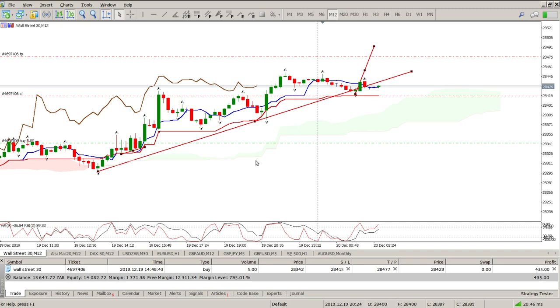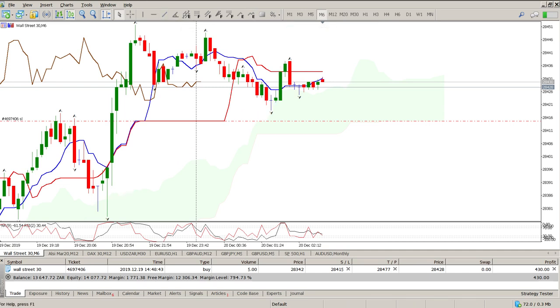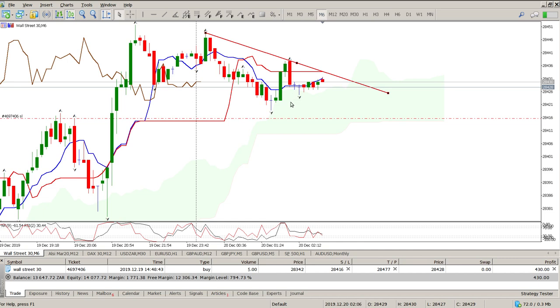We are long, tightened up the stop quite substantially at the moment, and it really depends what happens here, but more than likely get out of this very shortly if we don't break through that trend line. Okay, I'm on the 6 minute chart at the moment, so I need to see a break above that trend line. I'm going to trail the stop exactly 2 fractals behind price on the 6 minute now,